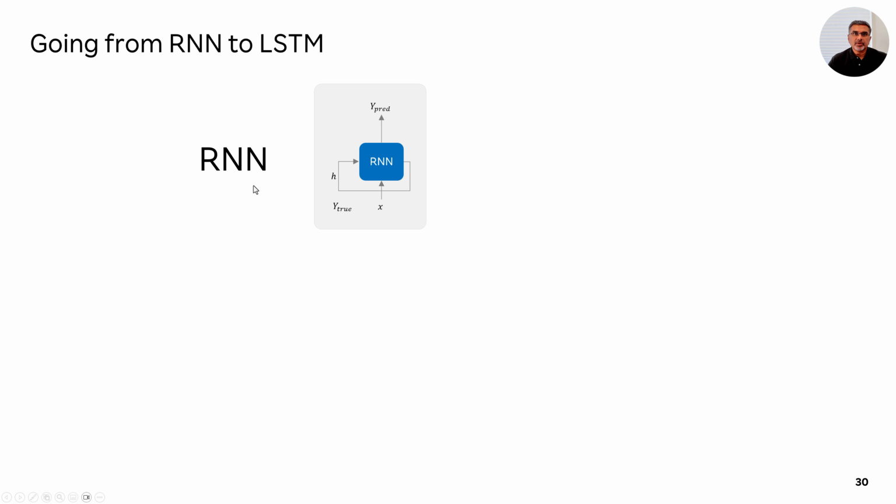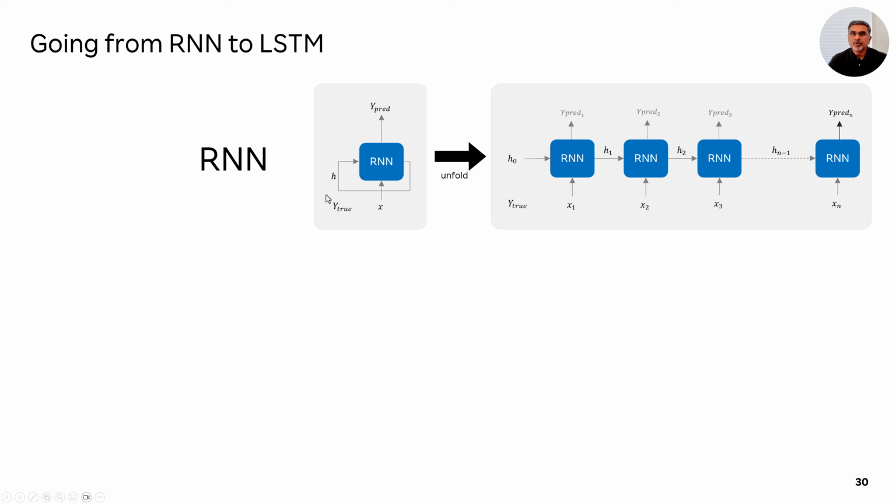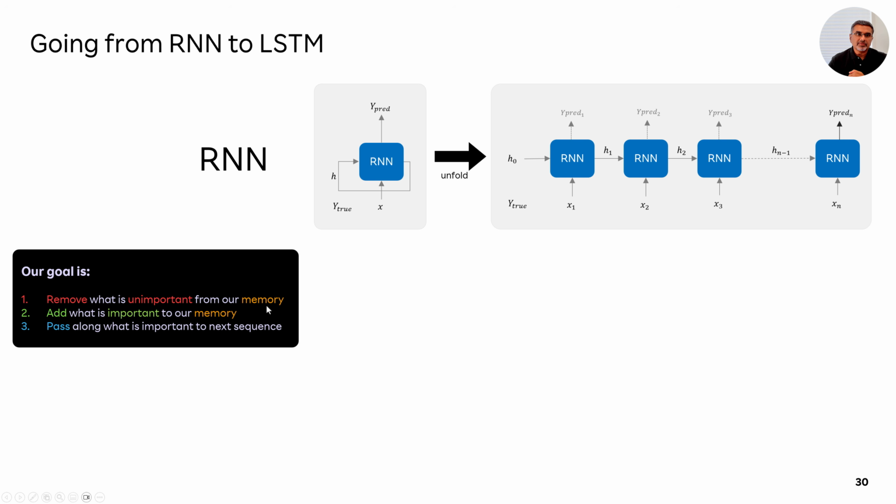In a classical recurrent neural network, which we have seen in the prior episode, you could actually unfold the neural network, and it looks like this. The sequence is processed one element at a time, and you'll start with an initialized state, and that gets passed along with the sequence input, and so on. So when you want to take this classical RNN and convert it into an LSTM, we will need a few things. Number one is that we will need this concept of a memory, a long-term memory, which is like a whiteboard if you think about it.